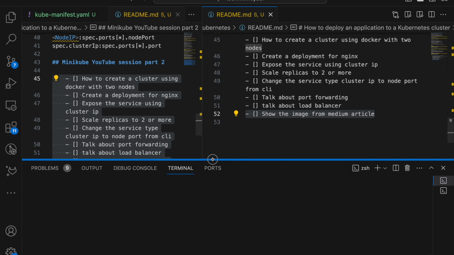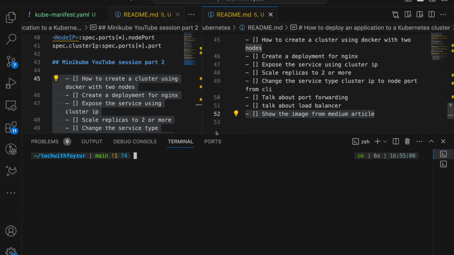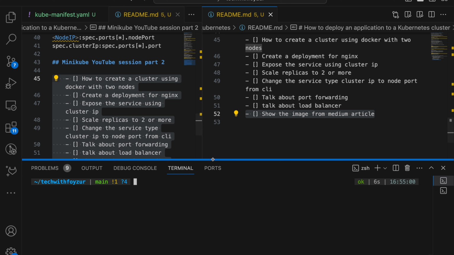Alright, let's take a look at today's agenda. So in today's session, we are going to deploy an application to our Minikube cluster. And the application is nothing but a dummy application. So first of all, to deploy our application, we are going to create a Kubernetes